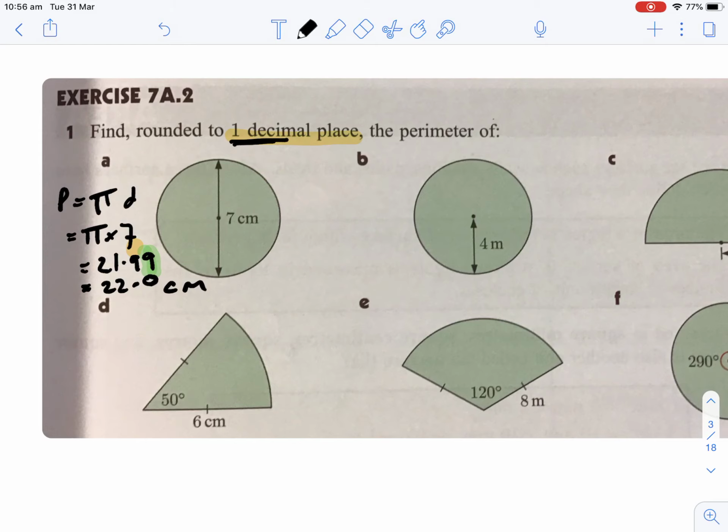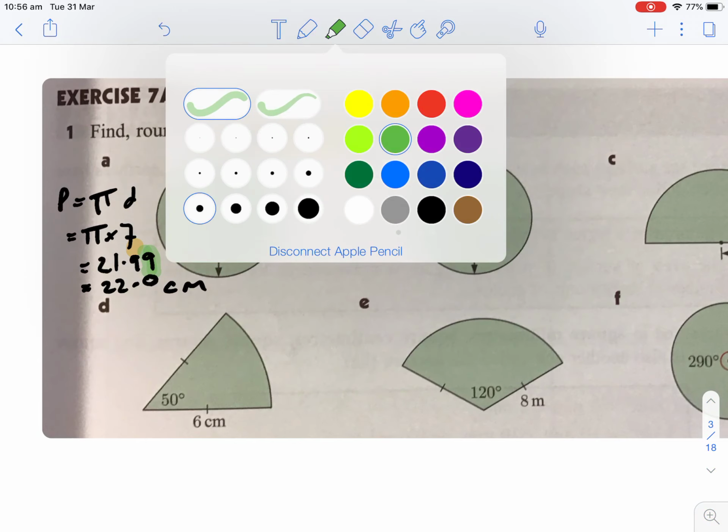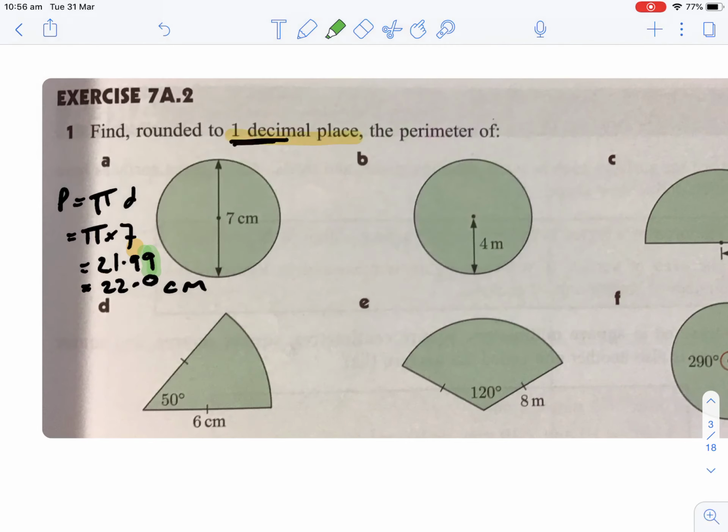Okay, so if we did the next one, in this instance we've been given, and again I'm going to make this one a little bit thinner too. Okay, in this instance what we've been given is the radius and not the whole diameter. So in this case we're going to convert to the other formula where we say that the circumference or perimeter of a circle is equal to 2 times pi times my radius. And so in this case it's 2 times pi times 4,